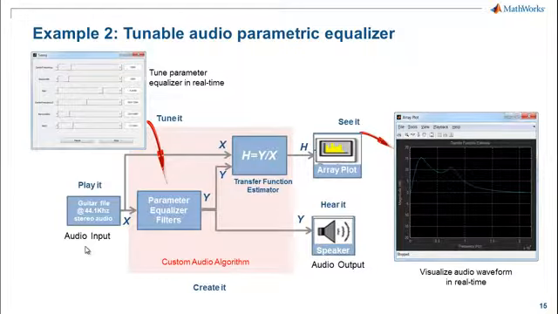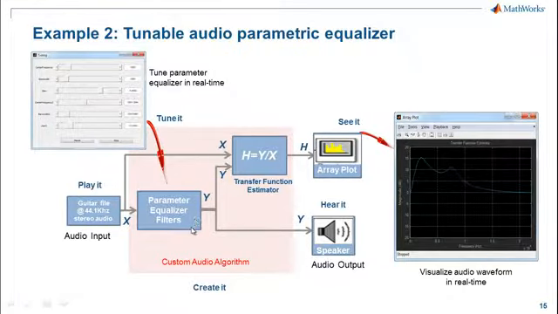You can see, using my user interface, the first set of parameters that will be tuning the first parameter equalizer. I can tune the gain, the bandwidth and center frequency, similarly for the second one, and the ratio of the center frequency to bandwidth is called the Q factor of the filter. Underneath the hood, the way we tune the parameters and communicate those values to the parameter equalizer filters is using a UDP component, a system object, to establish that connection to transfer those parameters and tune the